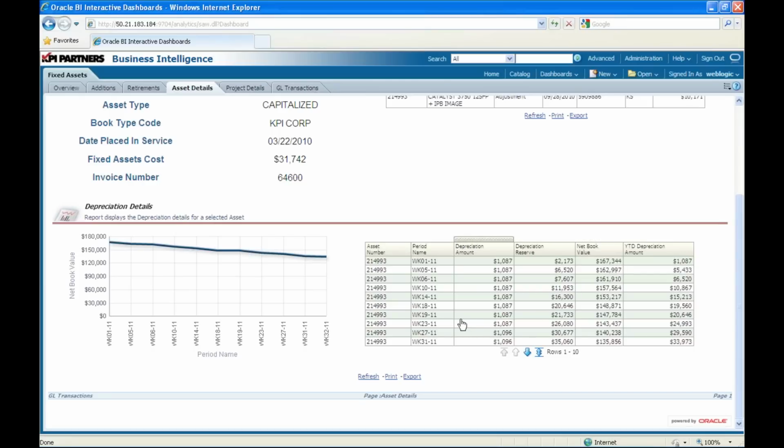If you look at, say, week 19, the depreciation amount remains the same, but the depreciation reserve has increased. That is because the net book value is decreasing. So if you try to relate this to the car or truck example we were talking about earlier, the cost of the vehicle keeps decreasing with time, and because it is decreasing, the amount of depreciation accumulated, that is my